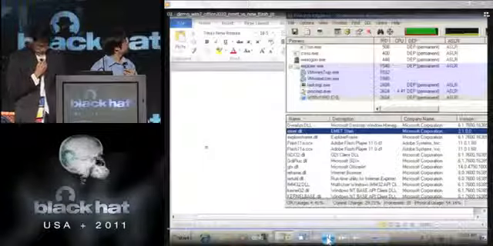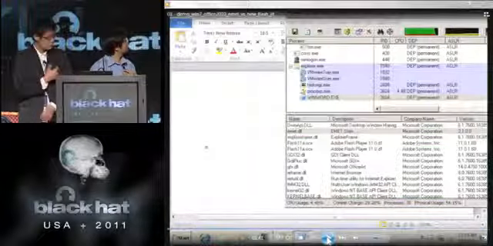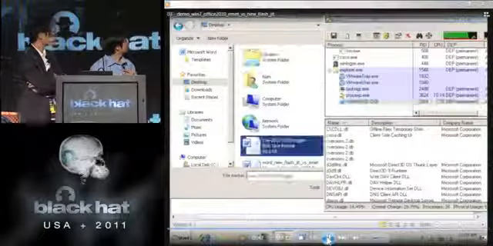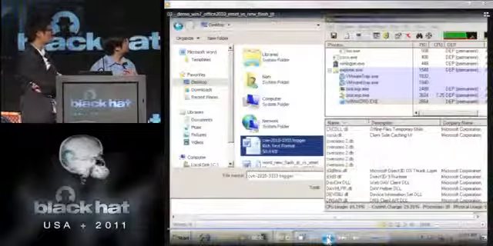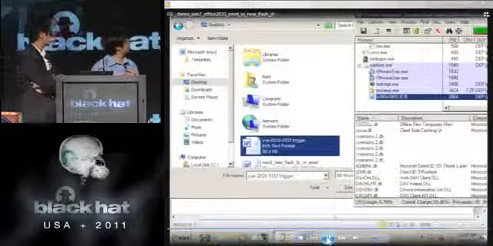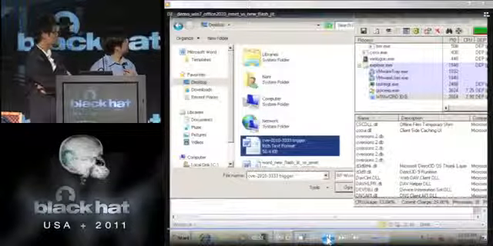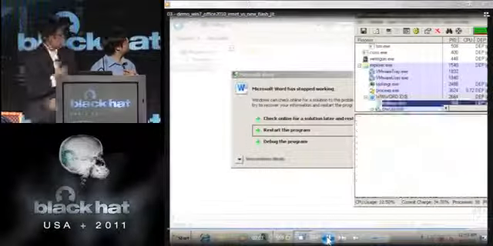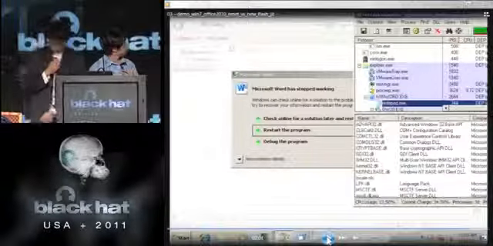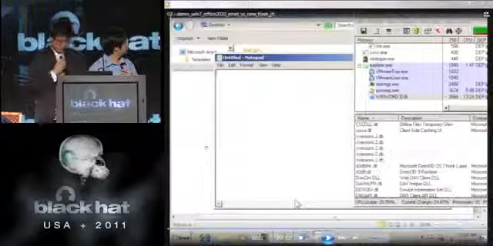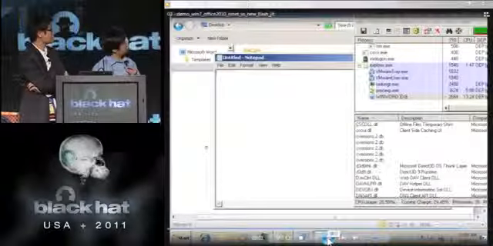When spraying finishes, we load the second file. We can see Notepad is launched, and the exploit bypasses EMET.